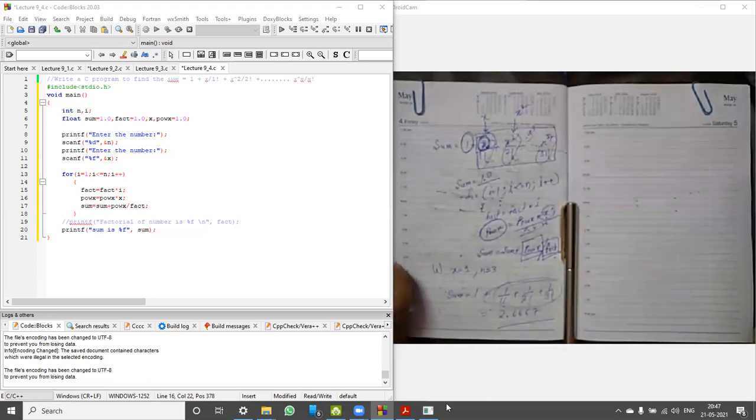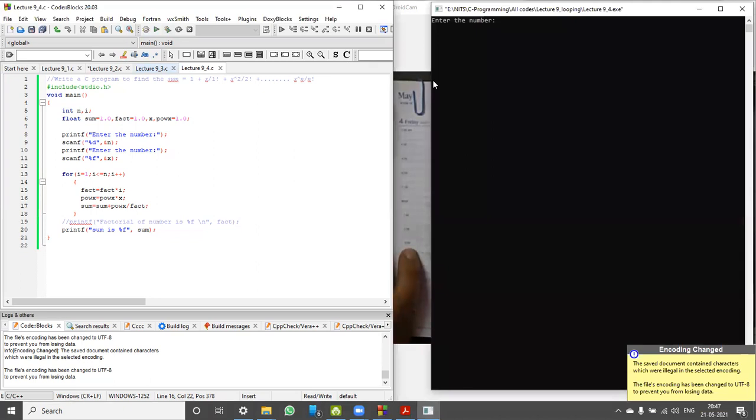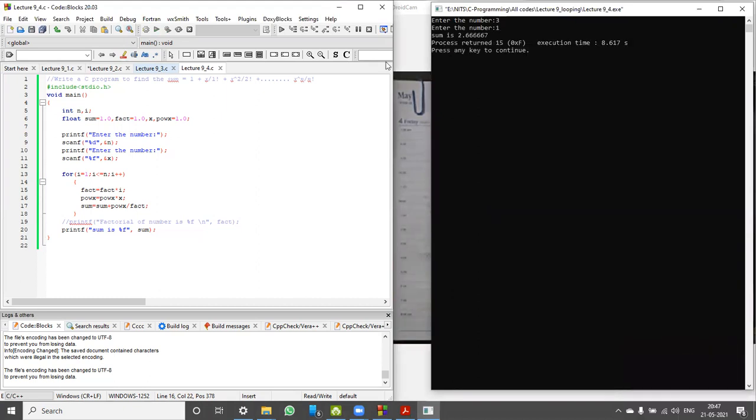You can execute. And n is equals to 3 and x is equals to 1. Okay, it is equals to 2.667. For better, enter number n and x.